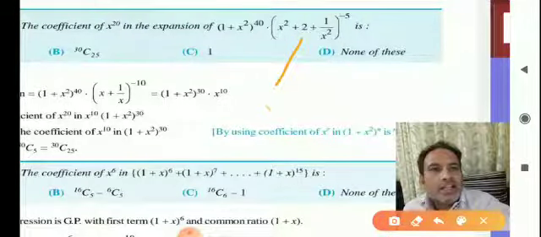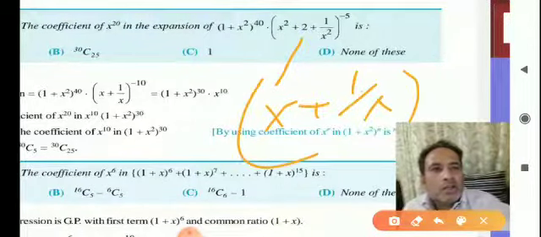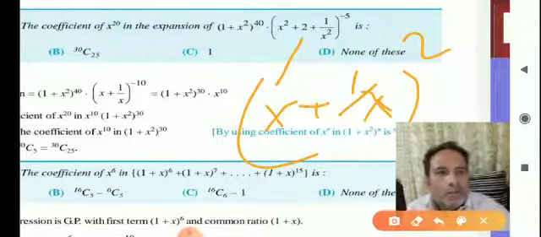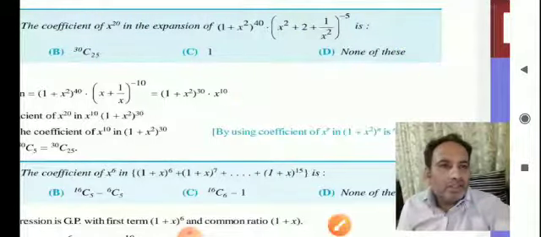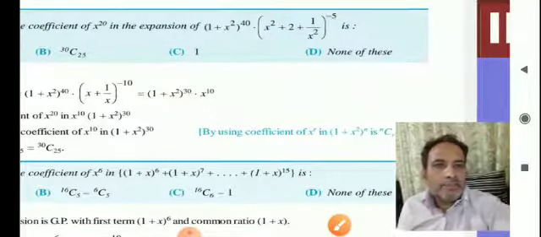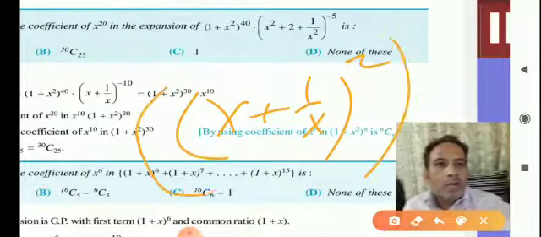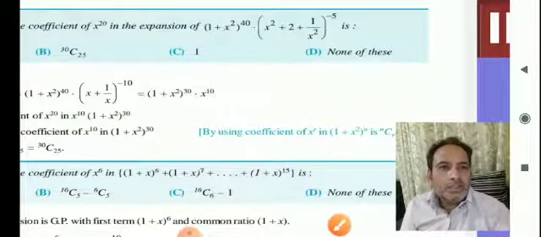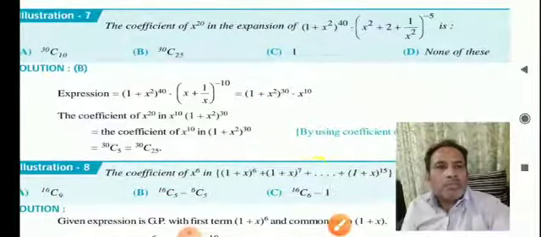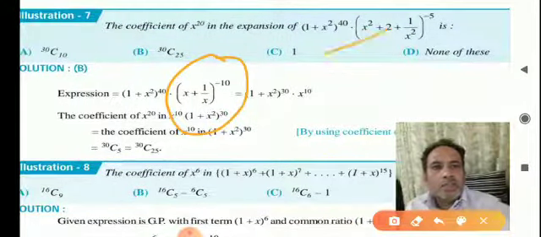So we can write that as x plus 1 by x, that is whole square, okay, whole square for this. And by using this 2 and 5, just like x plus 1 by x whole square to the power minus 5. Okay, so what we say here, that it will become x plus 1 by x to the power minus 10. See, this is coming from here.